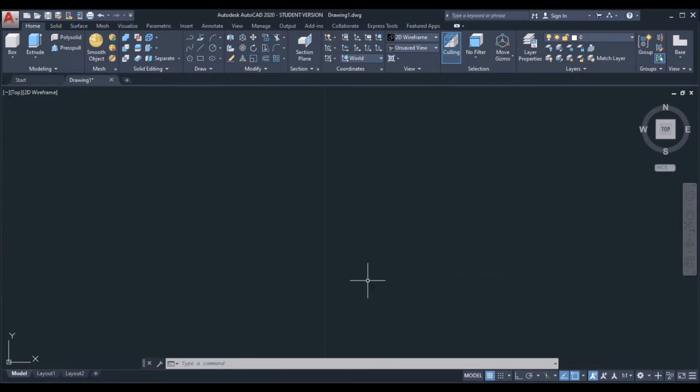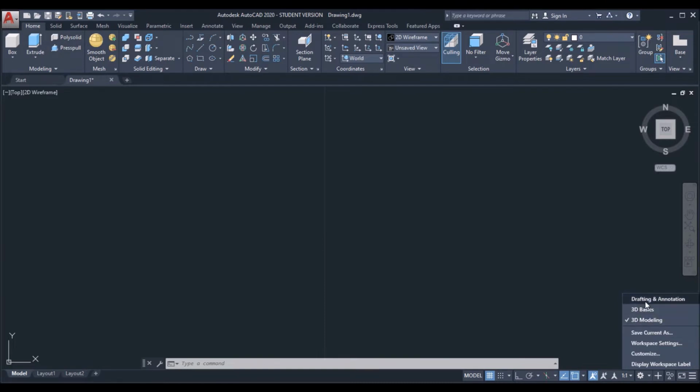Okay, now coming to the workspaces, how to change the workspaces in AutoCAD. Here we can see some buttons. Here is the workspace switching, that is, workspace current. Just click on the arrow and you will get 3 workspaces.